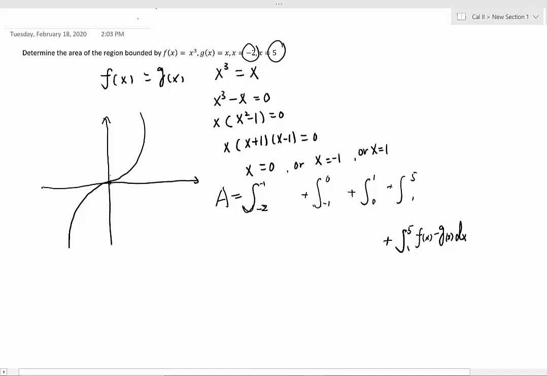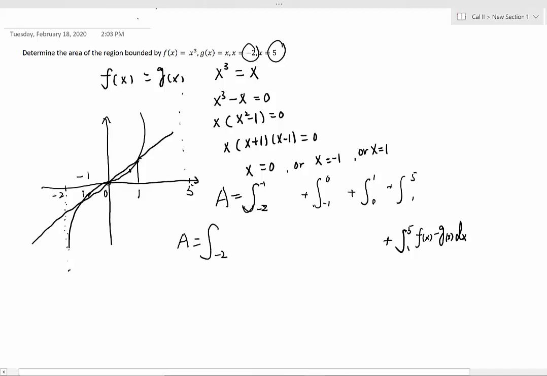So that's going to be 0 intersection right here. That's going to be 1 somewhere here. And we have a straight line passing through the 3 points. Okay, right here, so that's going to be 1. This is 0. This one is going to be -1. Okay, so for -2 right here, we can just think about that. The straight line is going to be on the top. For the 5 somewhere away, of course, the x to the third will be on the top. So now, by using the graph, I can finish the error